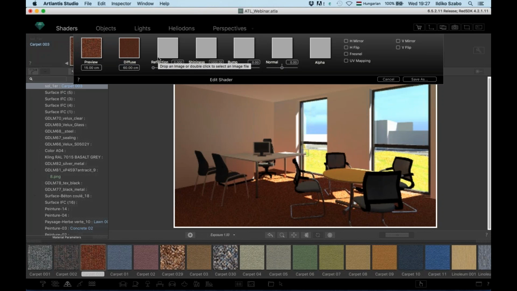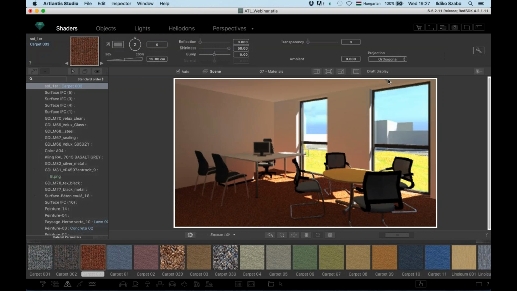You can add new materials. If you have a nice texture, you would like to convert it into a shader. The benefit of a shader is that it will be mapped on all surfaces which were set to have the same material. Then you will store it in your catalog and you have an extra nice shader of yours you can use in any of your further projects. However, there is another way to